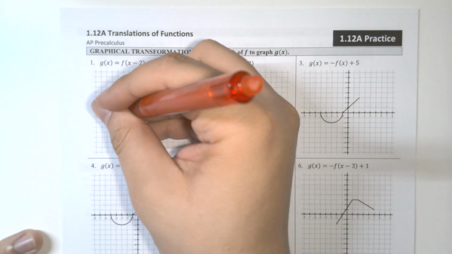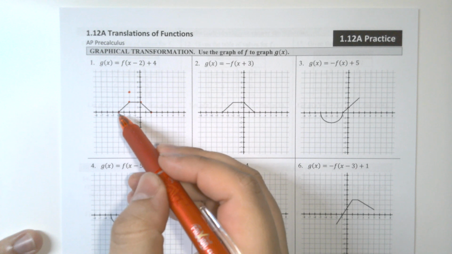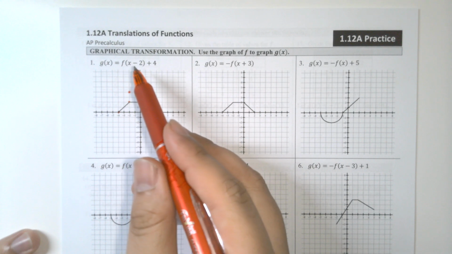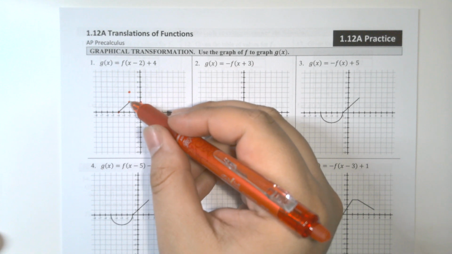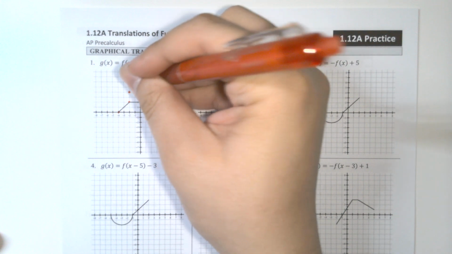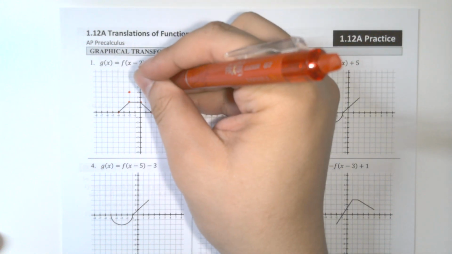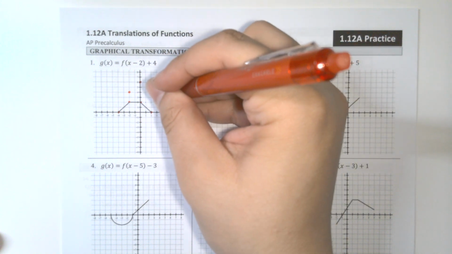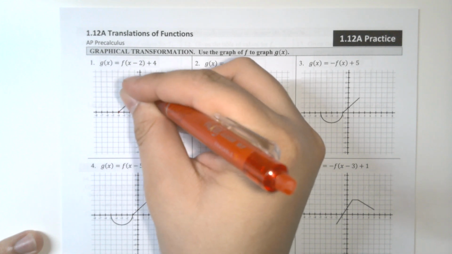Usually what I like to do is graph what I consider the important points. Particularly these 4 points are going to all move in the same fashion: right 2, up 4. So if we move this one right 2, up 4, 1, 2, 1, 2, 3, 4, this point goes right here. This one, 1, 2, 1, 2, 3, 4, right here. And so all 4 of those points, when they're moved, make this shape. And if we just connect them,